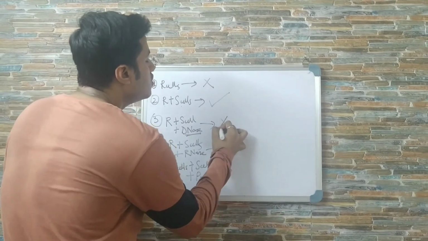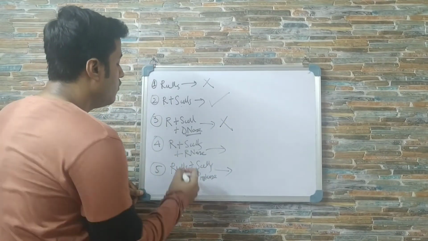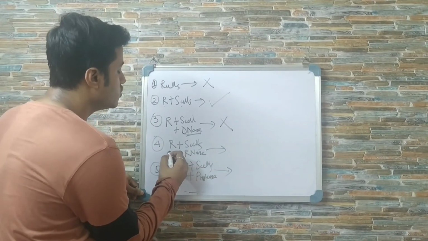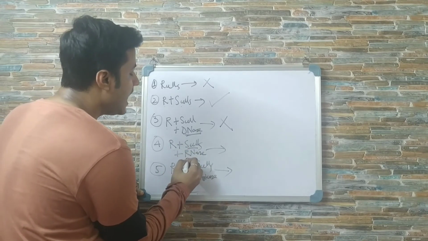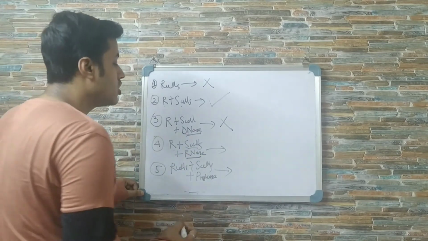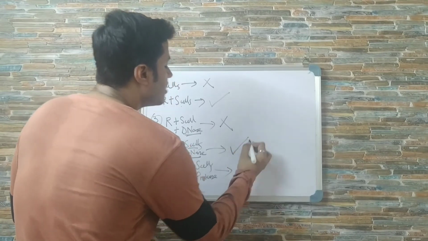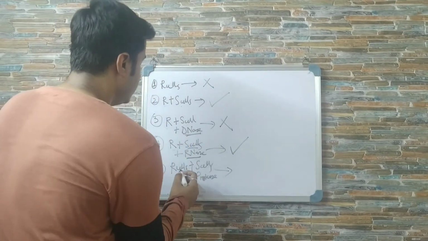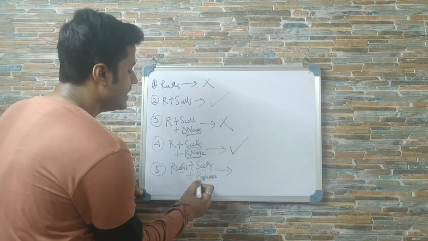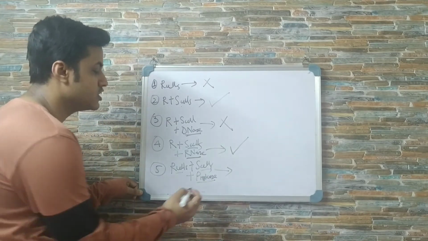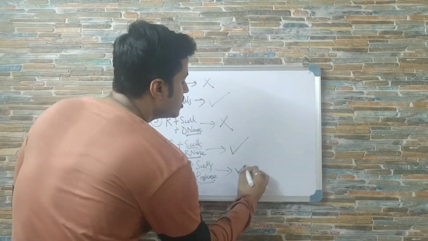was no transformation. Whereas in the next case, when they took R and S cells and added RNase, which destroys RNA, there was still transformation. And lastly, when they took R cells and S cells and added protease, which destroys protein, there was still